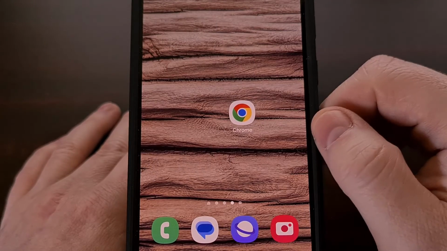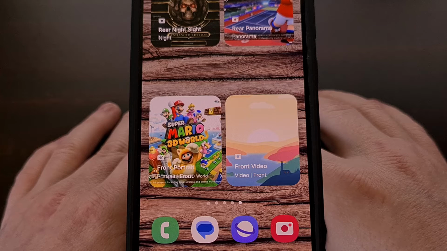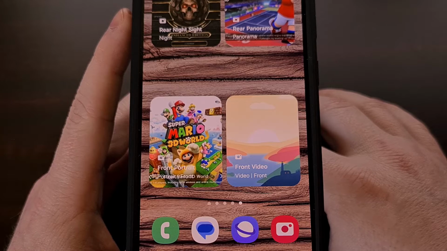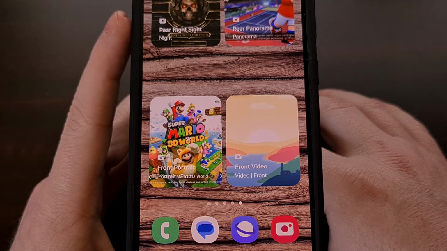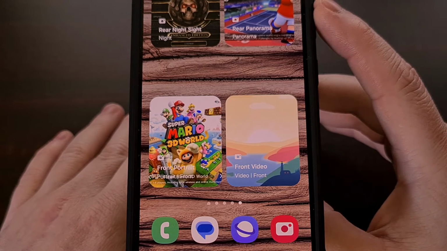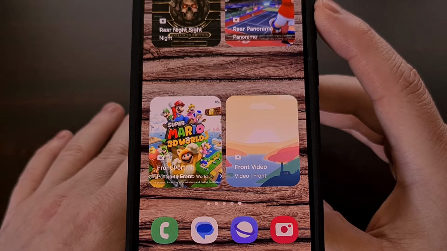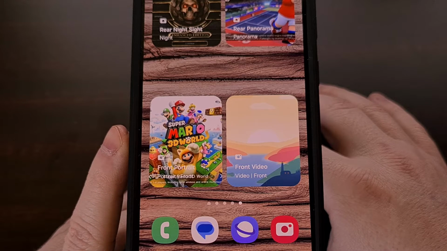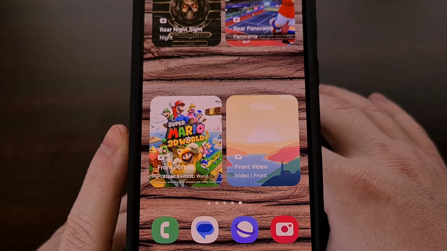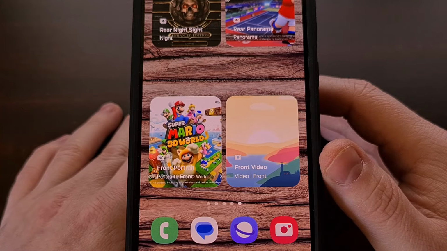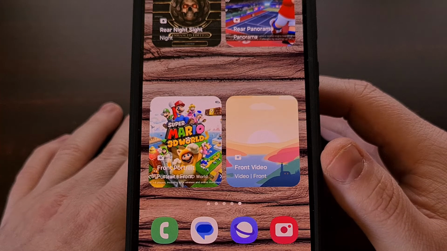So you can see that I have previously created 4 of these widgets already. One that will open up the rear camera and automatically switch it over into night sight mode. Another one that will use the rear camera to begin recording a panorama video. We have a camera widget that will launch the front-facing camera directly into portrait mode. And lastly, one that will have the camera app automatically open up and set it to recording a video with